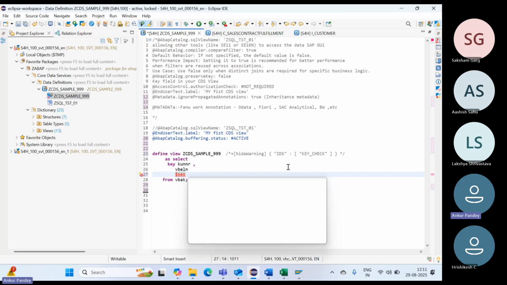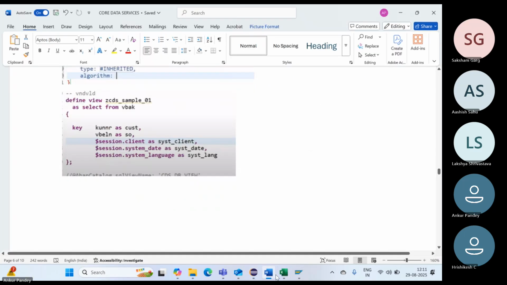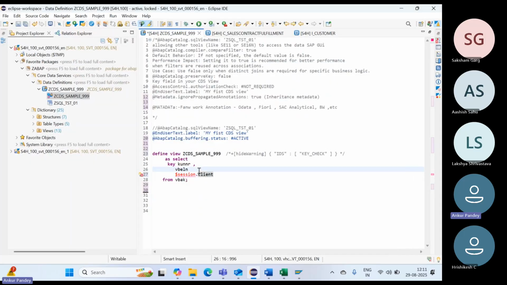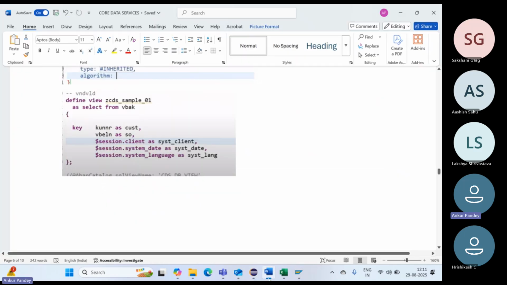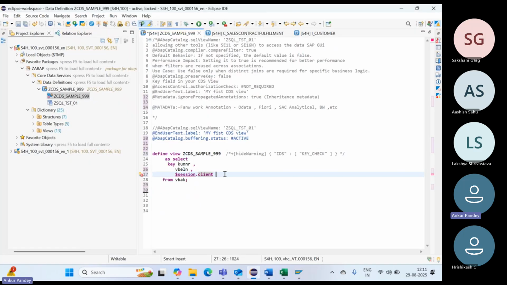My help is not coming. Session clients in client. Session spelling wrong or what? Session client. Okay, you can put it like this, right? So if you activate it,